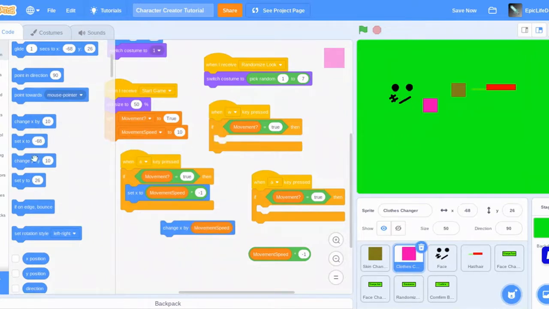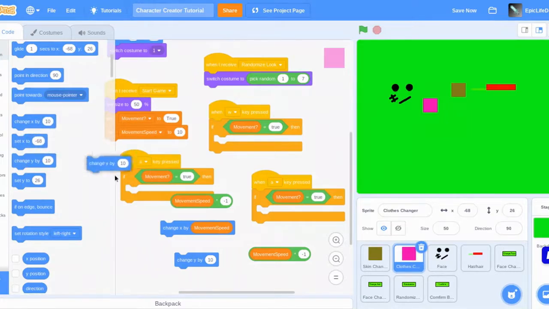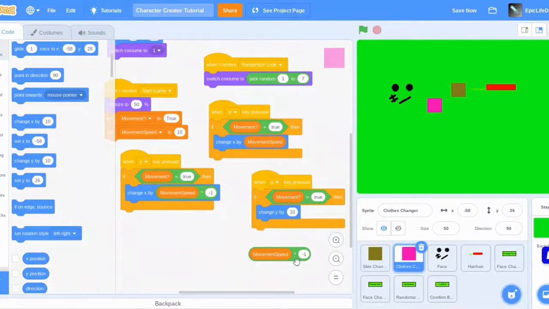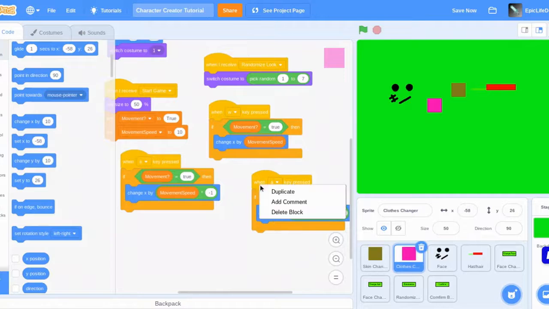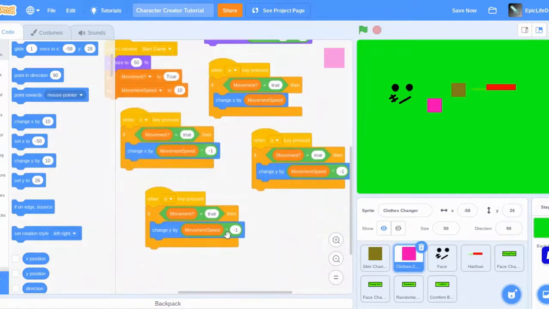Okay. Sorry, I didn't mean that one. I meant this one. Set X. Change X. Change X by movement speed. Change Y by this. Then I can do D. And I'll get rid of this part. Then now,